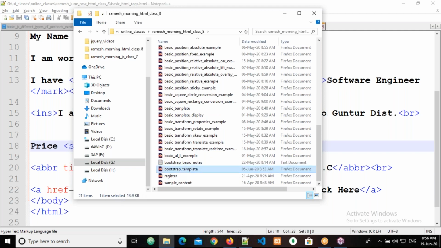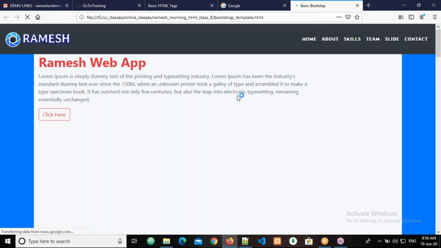Responsive template. See, it is responsive also, and I have used a third party font here. This part is a third party font, and I will tell how to utilize that. And if you observe, when I hover over it, some dark blue color is coming slowly. I will tell you how to do that also.